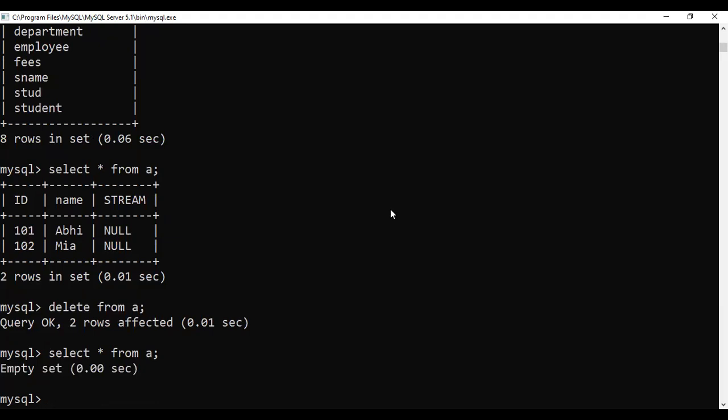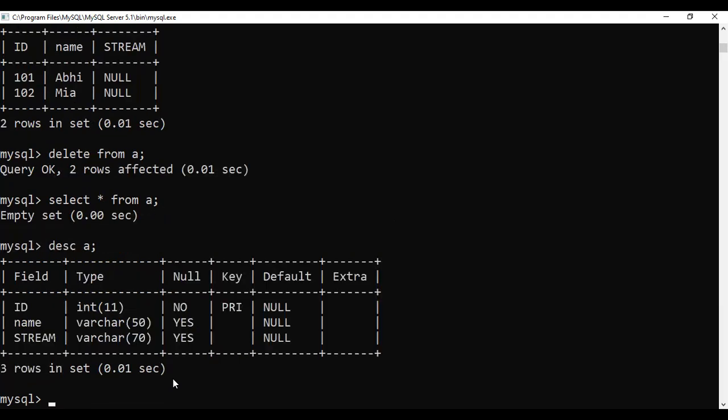It's an empty set. All the records are deleted. You can say delete from the table name, and all the records are deleted. But the structure will remain. Describe A. You can see the structure is still present, but the table records are deleted.